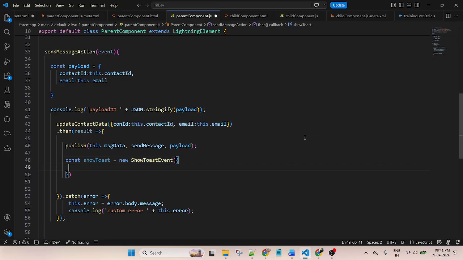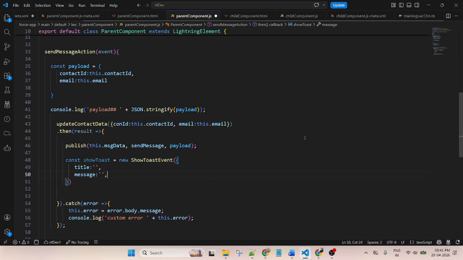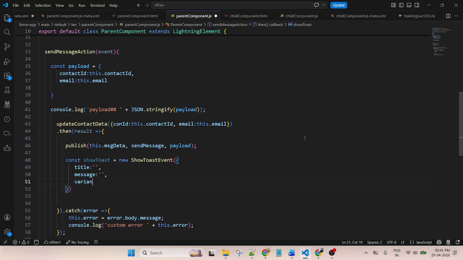This is your object, and here we pass three values: title, message, and variant.